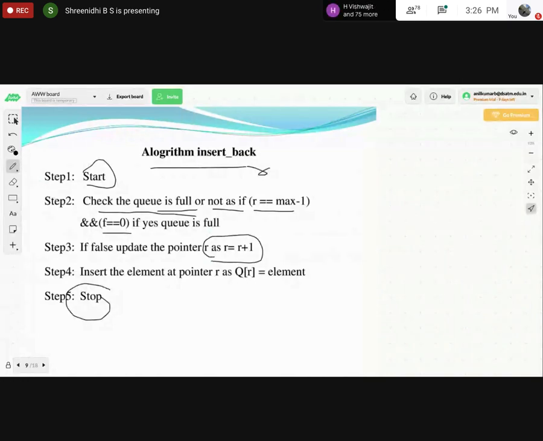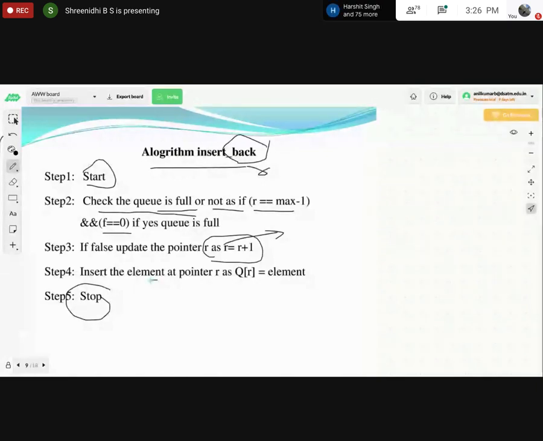Whereas in the front, f is equal to f - 1, we are decrementing the front. Here, by incrementing the rear, we will insert the data into the doubly ended queue through the rear end, that is the back end. Rear end is also called the back end of the queue.